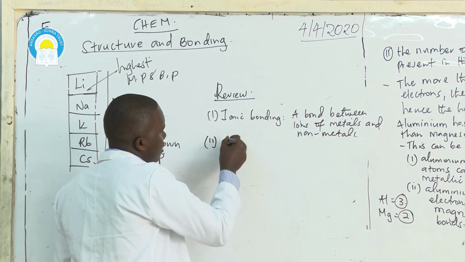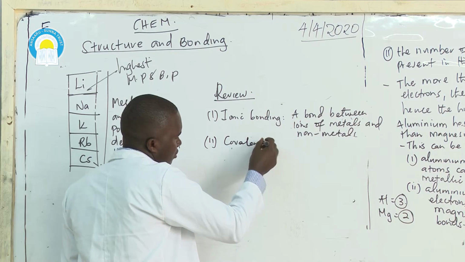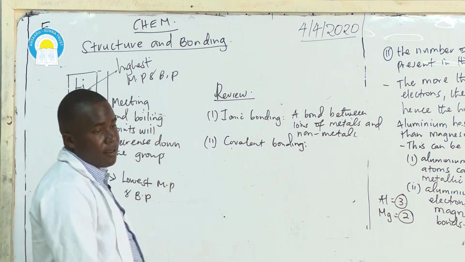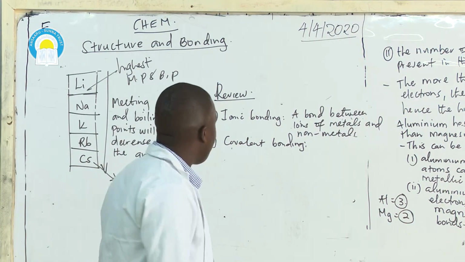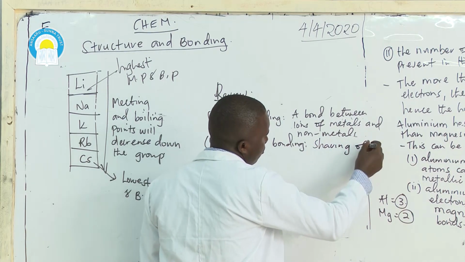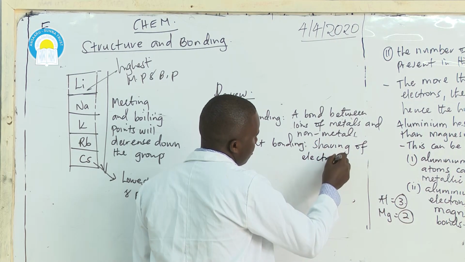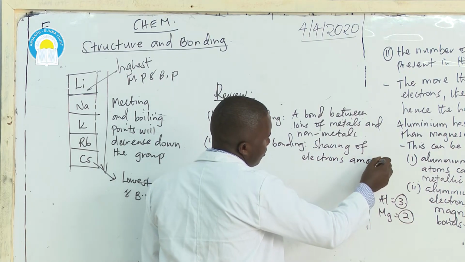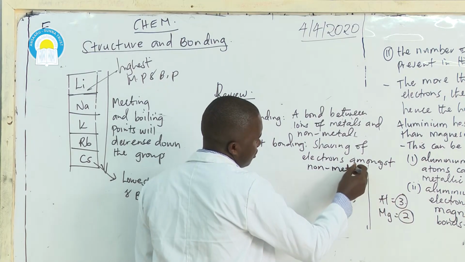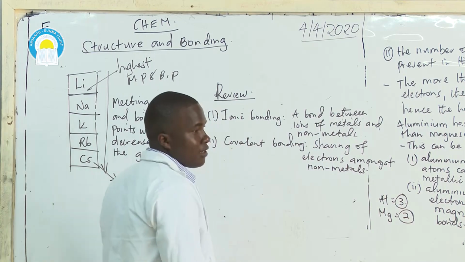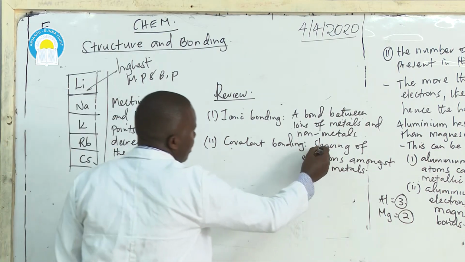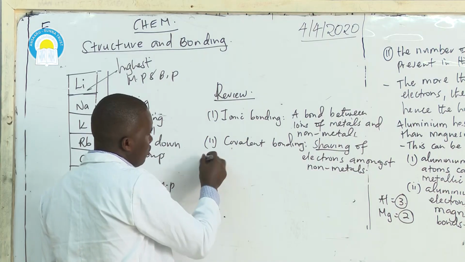Also, we have looked at covalent bonding. And you have said covalent bonding involves sharing of electrons amongst nonmetals. And this is due to the fact that nonmetals do not want to lose electrons, so they opt to share. Then today we have just looked at metallic